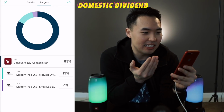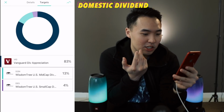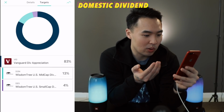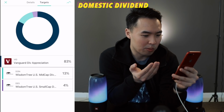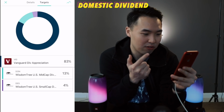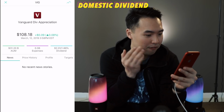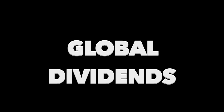So here are the targets for this fund. It's basically you're investing into these 3 funds here: Vanguard Dividend Appreciation, WisdomTree US Mid Cap Dividends, and WisdomTree US Small Cap Dividends. It might be better off if you just invest yourself in the Vanguard Dividend Appreciation, because this is already 83% in this one fund. So that's kind of weird, but...